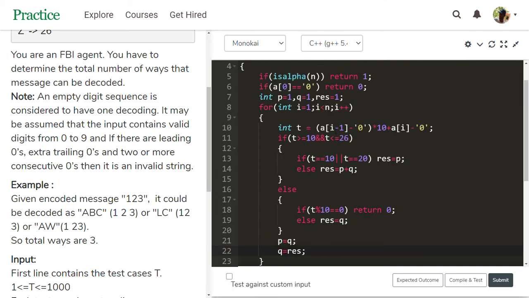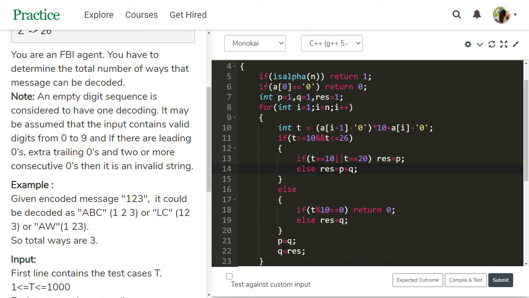Okay, then i increments. We are at 3 now. See what happened. This is 2; 2 less than 3 is true. Then check this one. This t gets 23. 23 is in between 10 and 26, and it is not 10 or 20. Then the else block executes. Res equal to p plus q.